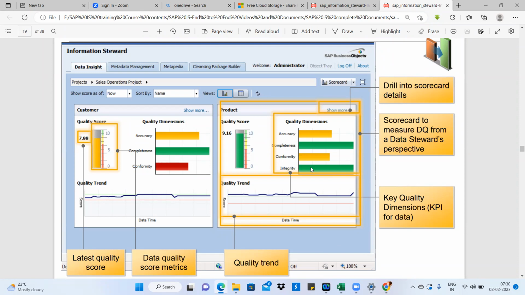Sorry, go ahead. No, I'm about to conclude. This is the overview about Information Steward. I'm just about to say, if you can go to the